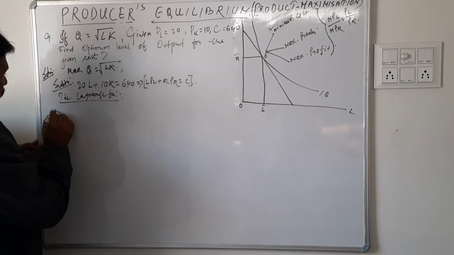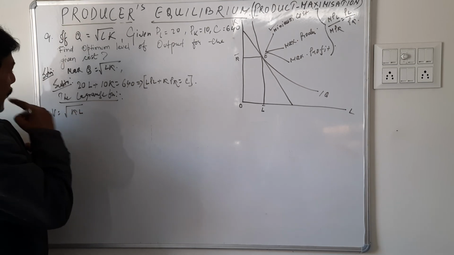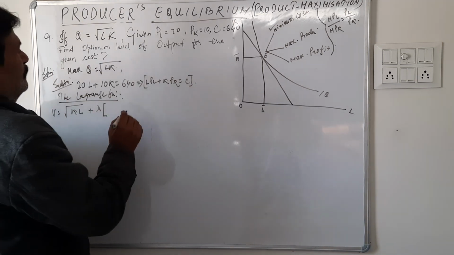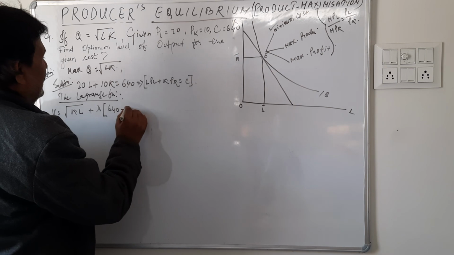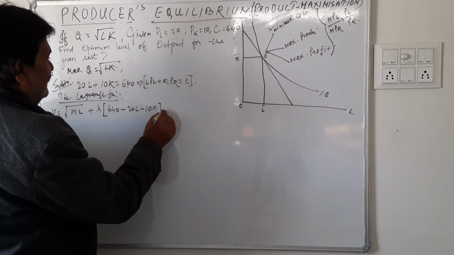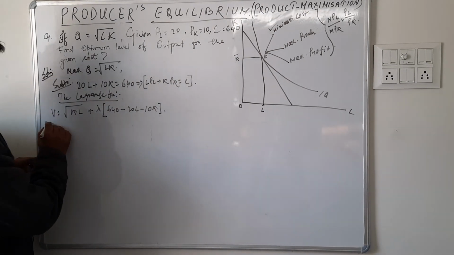So now the Lagrange function, as before, V is under root KL plus lambda into 640 minus 20L minus 10K. This is what our Lagrange function is. Now the first order condition,